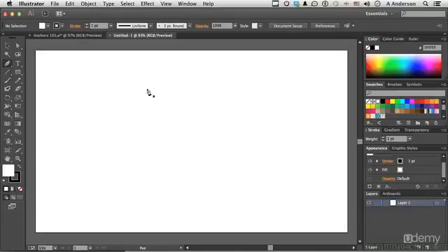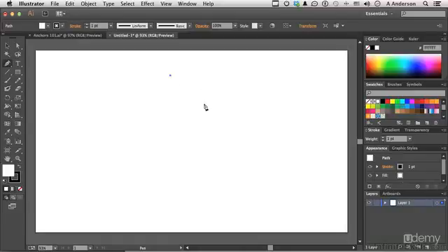If you come over here, you'll notice that the pen tool has like an asterisk next to it. That means you're creating a new shape. You're not connecting to anything. It's going to be brand new. So if I click somewhere, okay, there is my little tiny anchor point. Now, if I just click someplace else,